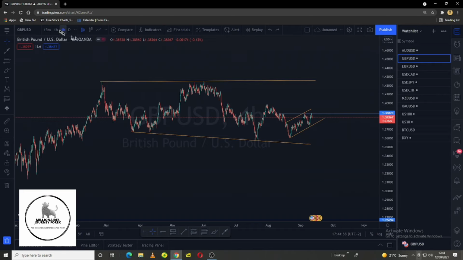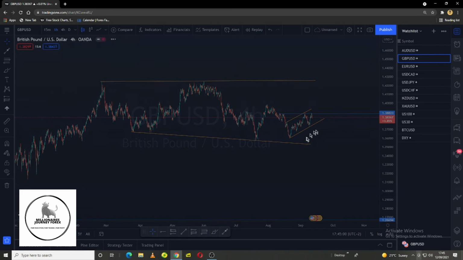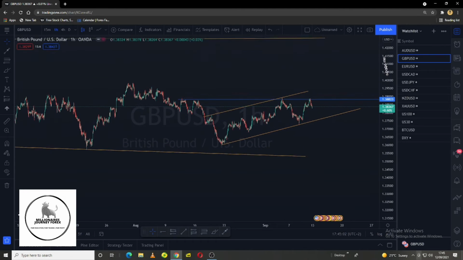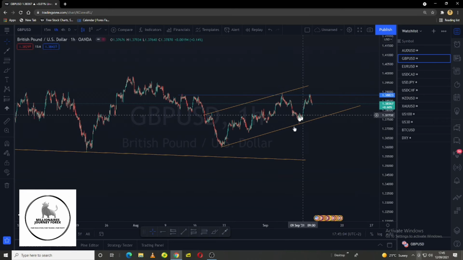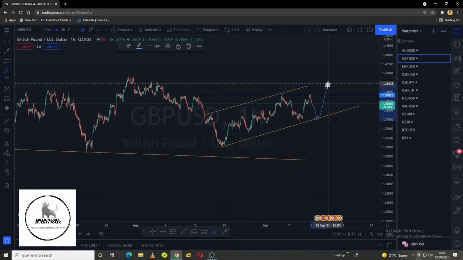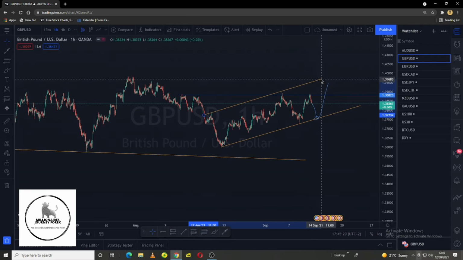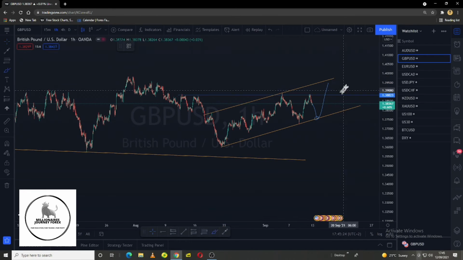On 1-hour time frame, I'm sure it's even more clear. You see, on 1-hour time frame, we are also looking at the same thing. Okay, on 1-hour time frame, we can look at here. Maybe it might reverse and start pushing up to complete the dead touch of that trend line, right? To complete the dead touch of this trend line, and then we are looking to be pushing it to the